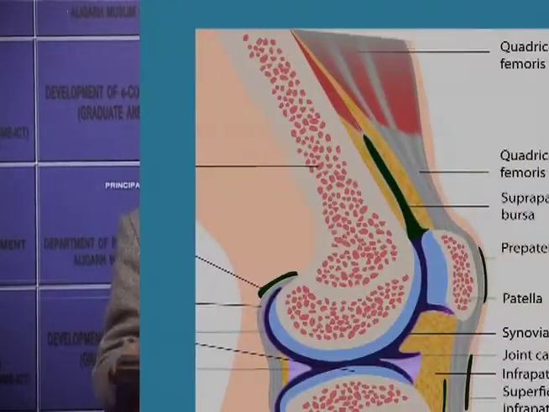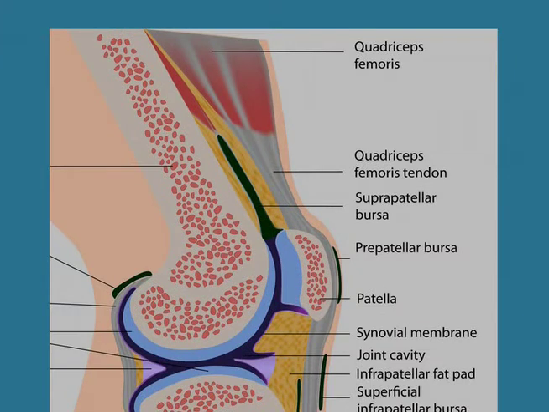It is now known as quadriceps femoris. What is quadriceps femoris? Quadriceps femoris is a group of 4 muscles. Quadriceps, quadri means 4, ceps, 4 origins, 4 groups of fiber. All 4 muscles make one group known as the quadriceps muscle. Quadriceps femoris is made up of 4 muscles, and this is the main muscle of the anterior thigh.